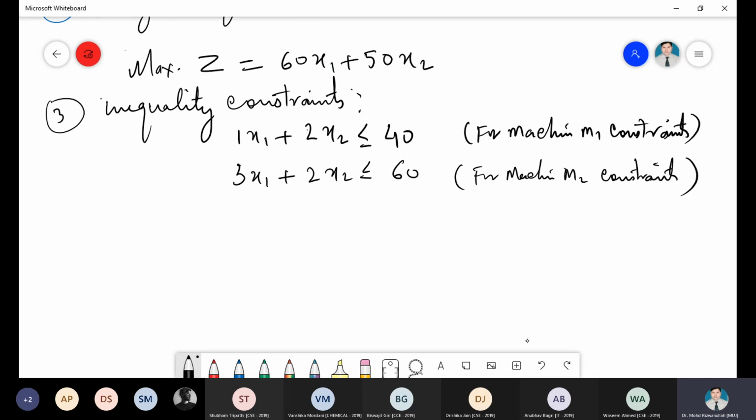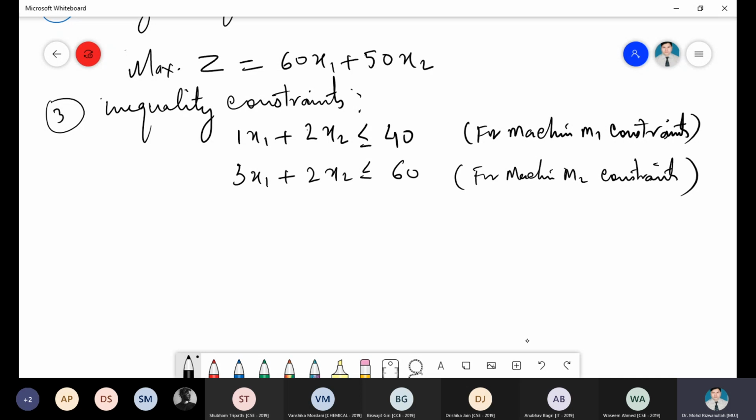So the question is that we have to use the time, 40 hours in a week, for producing x1 and x2, so that we can produce x1 and x2 as much as possible. So it will directly reflect on their profit maximization. So 40 hours in a week, we cannot use more than that; either you use less or equal. So this is the optimization that you have to use, how optimally you should use machine M1 so as to produce x1 and x2 as much as possible.